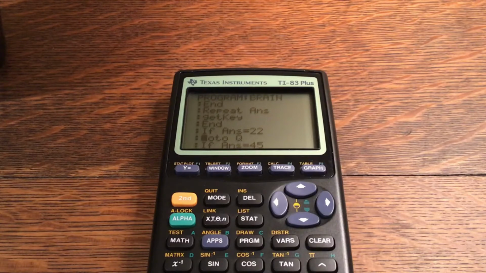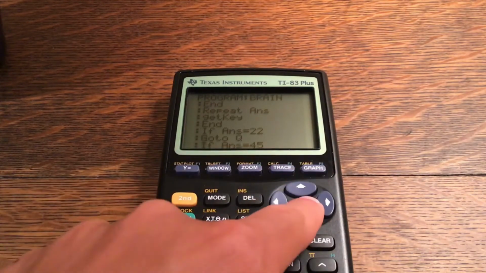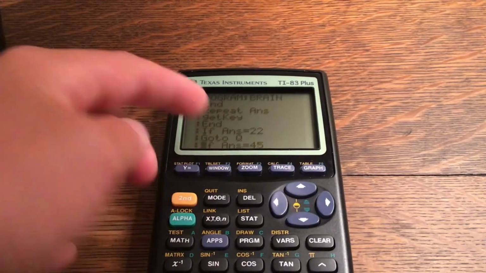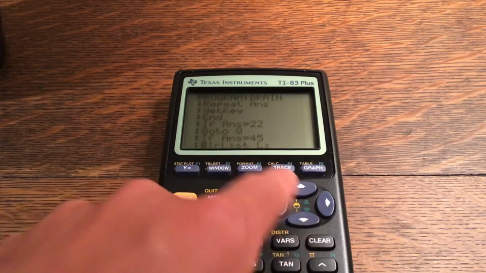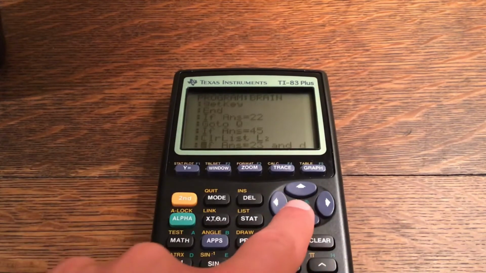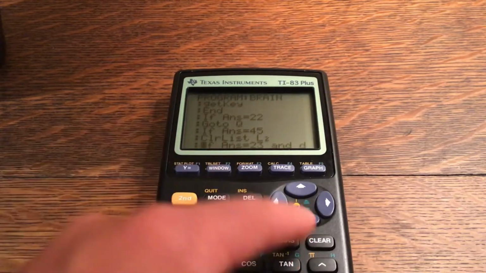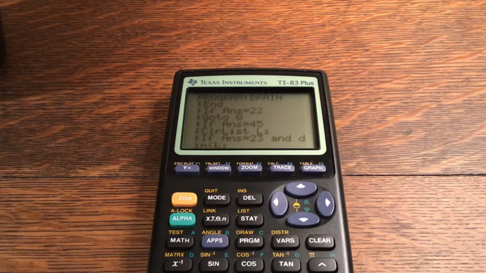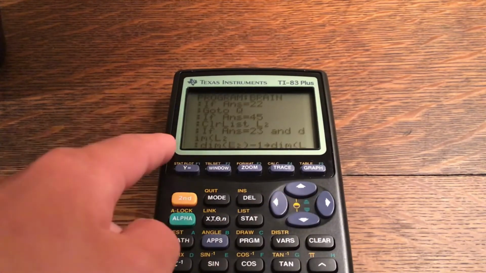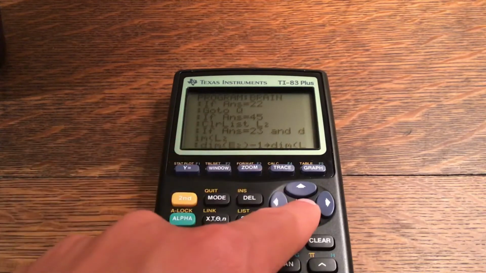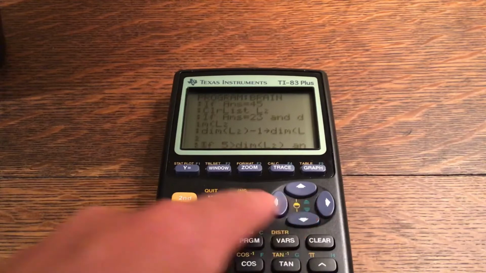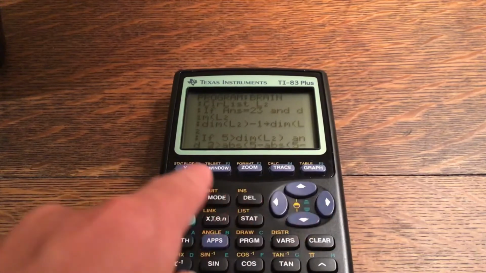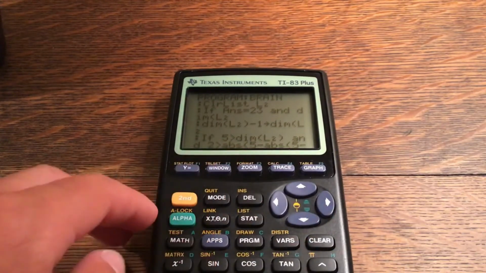So if answer is equal to 22, so the second button, go to Q. I believe that is because get key was stated up here, and so answer would be equal to get key. Go to Q. If answer is equal to 45, or the clear button, clear list L2. So that would make sense. If it's equal to 45, it's basically exiting the program. If answer is equal to 23 and dimensions of L2, the dimensions of L2, parenthesis, minus 1, store into dimensions of L2. If 5 is greater than the dimensions of L2, parenthesis, and 2 absolute value, so remember, to get